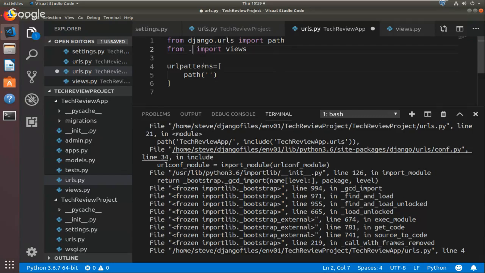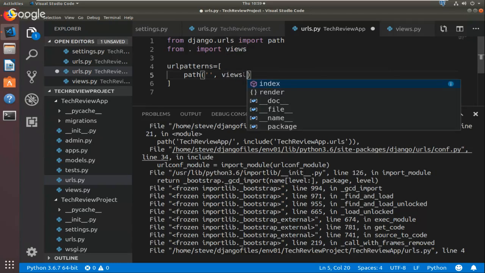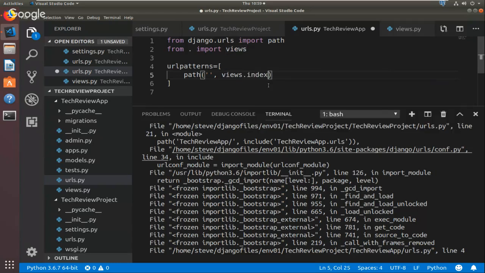And I did that because I need to see my views. I'm going to do views, and I keep putting a period there, that's a comma. Views dot, and notice it sees index, right? And then I'm also, with index, this isn't so necessary, but I'm going to say name equals index. And I'm going to put a comma there. Even though it's only, this is a